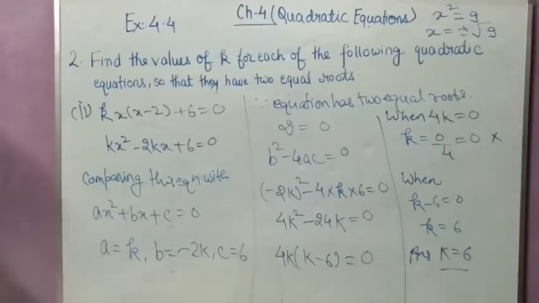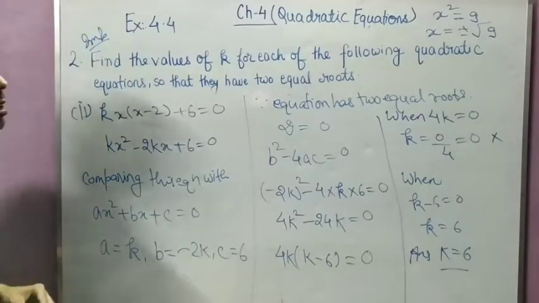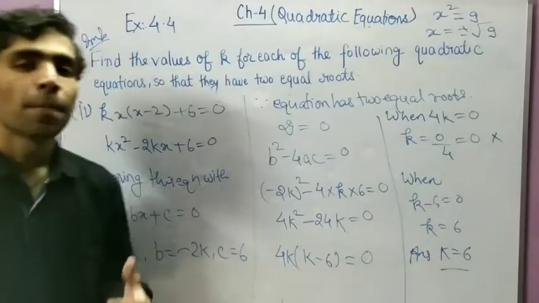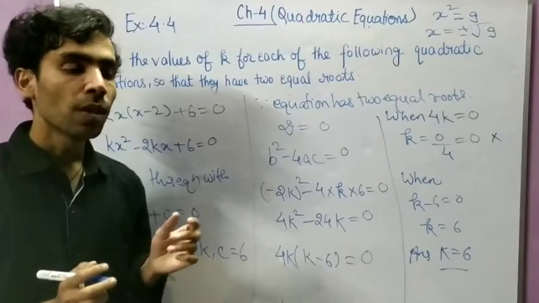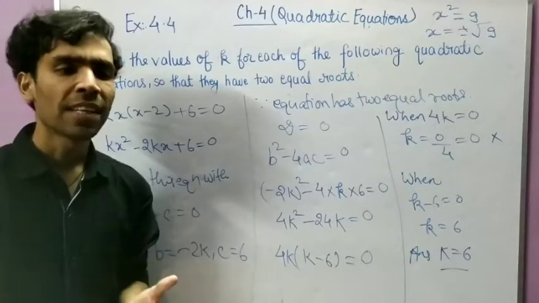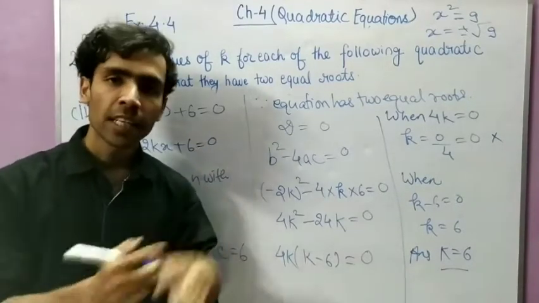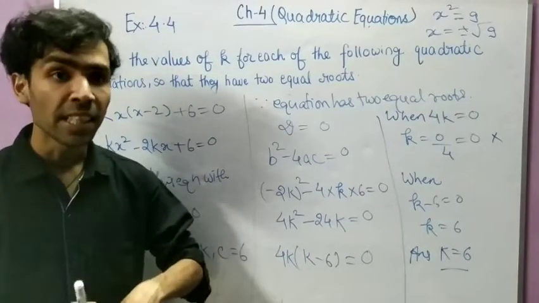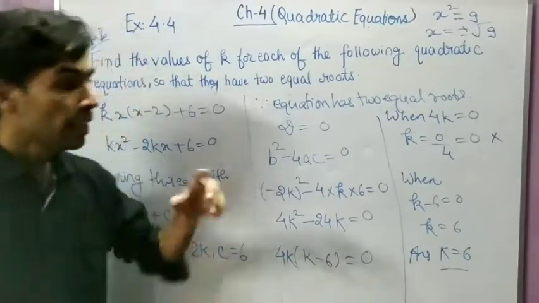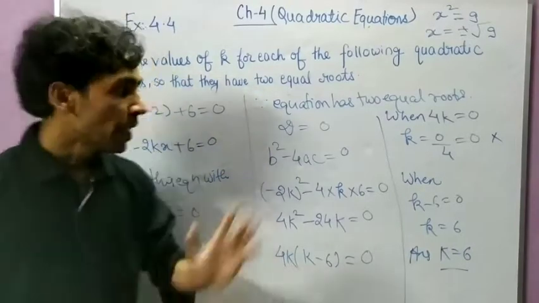And students, this type of question always comes in the board examination, so it is very important. Whenever you have to solve this type of question, when you have to find the value of k, value of b, anything, you write the condition, put all the values, and then see if it can be possible. In the previous part, it was possible that there can be two values of k,